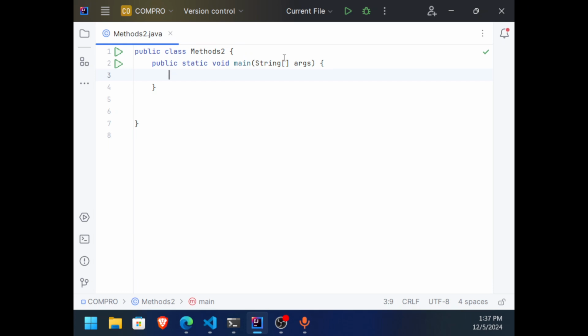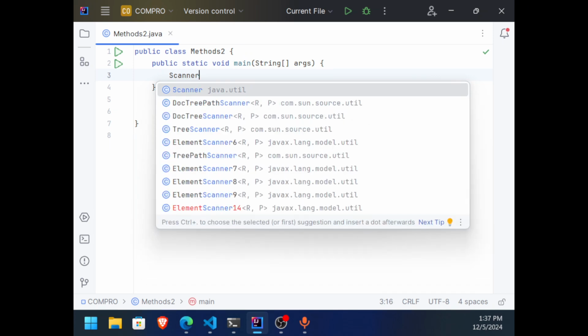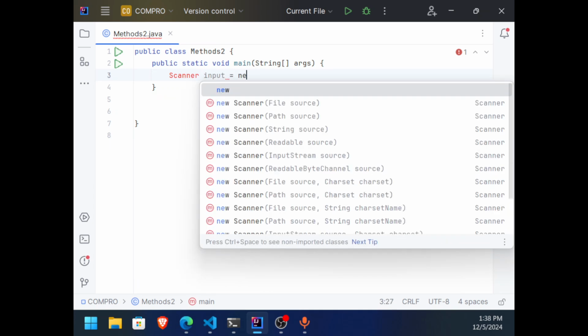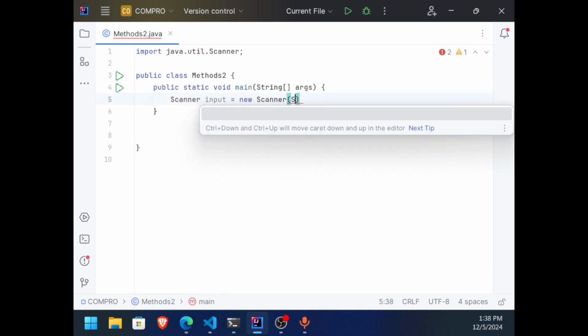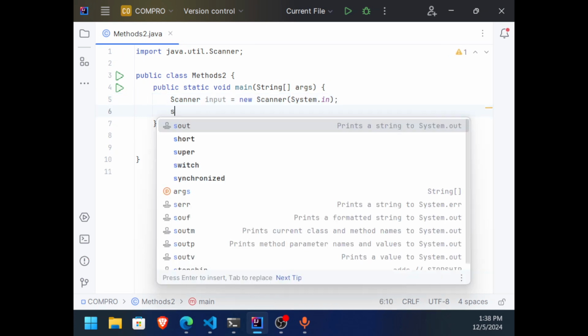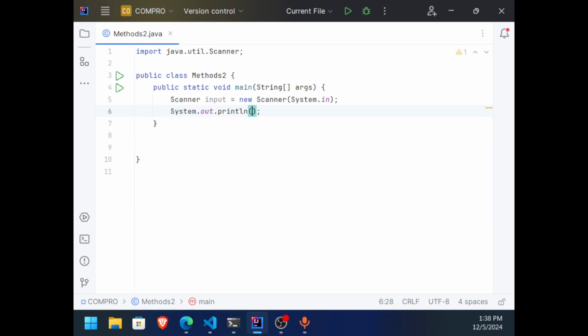So initially, how are we going to do this? Getting inputs. I'm going to begin with the traditional, or old, way of doing things, putting everything in the main method. So let me create an object for Scanner: new Scanner(System.in). We need a number, right? So we're going to prompt the user: enter a number.